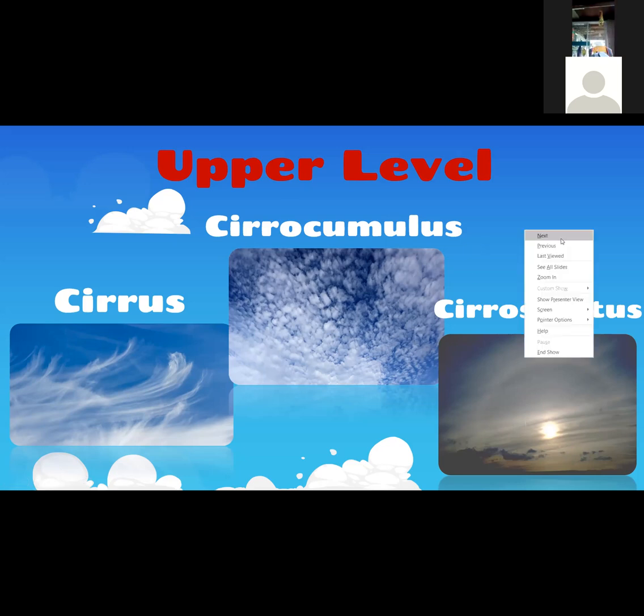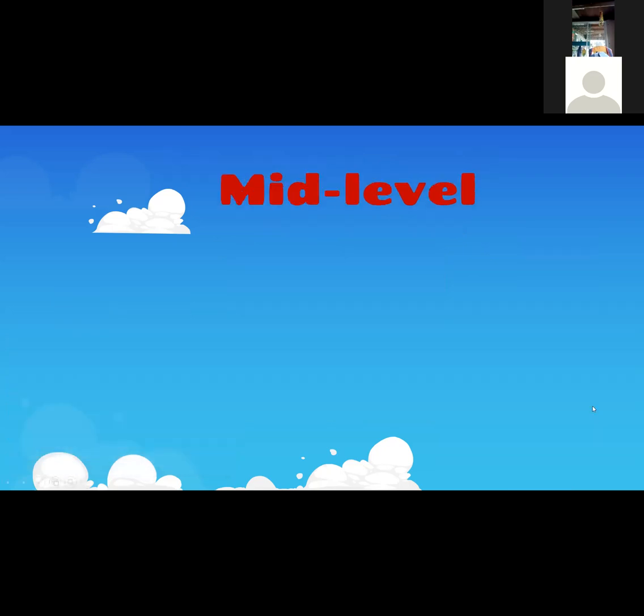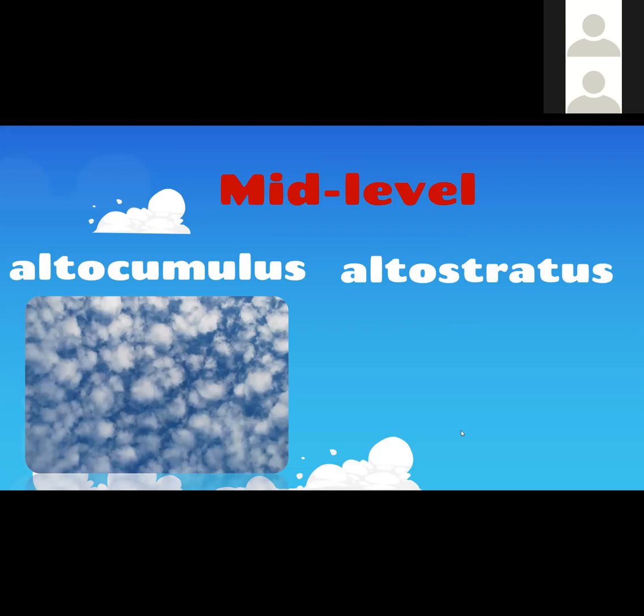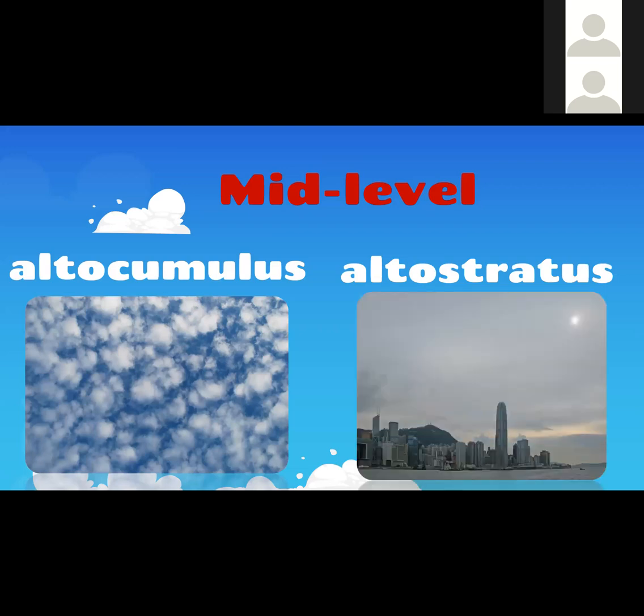Aside from that, we have the mid-level, which is the altocumulus. This is the picture of altocumulus. Altocumulus clouds are mostly found in settled weather. When the weather is fine, when the weather is settled, you can see altocumulus. Aside from that, we have altostratus. So this is the image of altostratus. Let me define. These are large mid-level clouds.